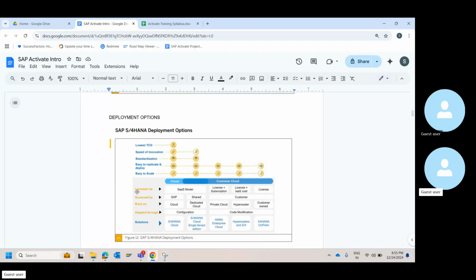Then when we talk about how you bill, as we were discussing yesterday, this happens on the basis of SaaS licenses. You don't worry about the infrastructure behind that. You only worry about the number of licenses or solutions you subscribe to.